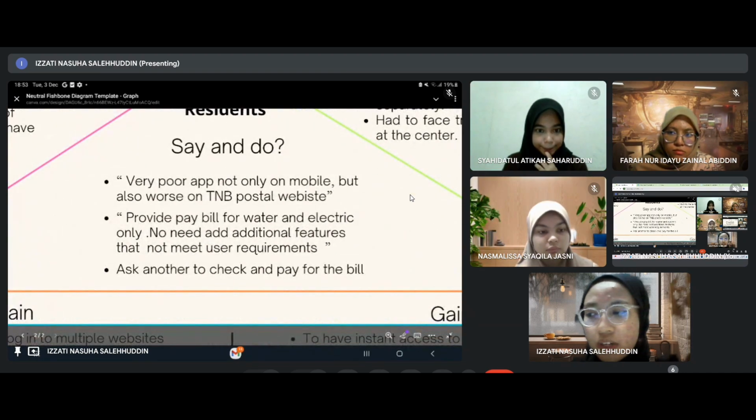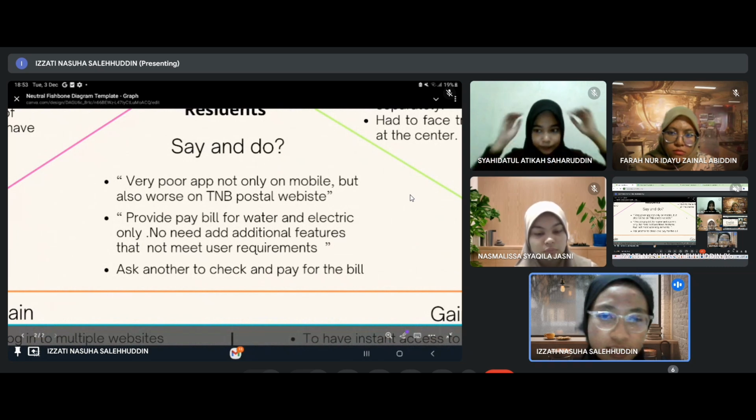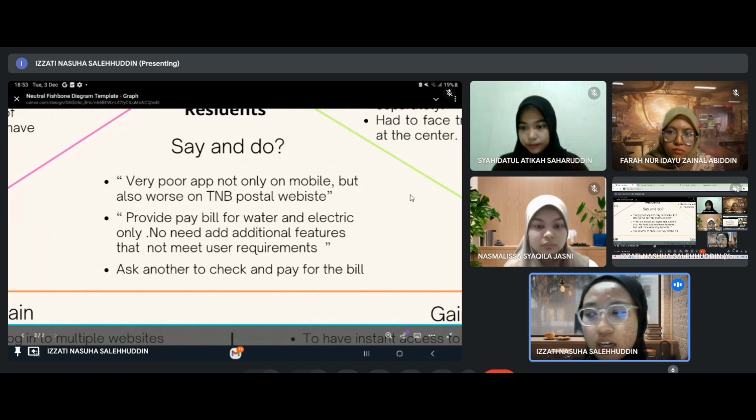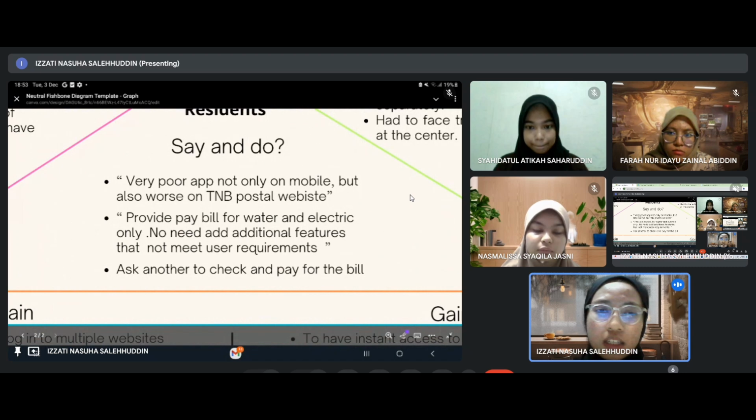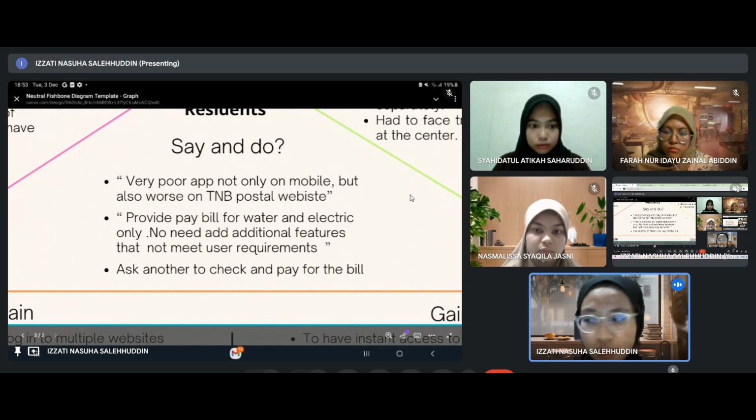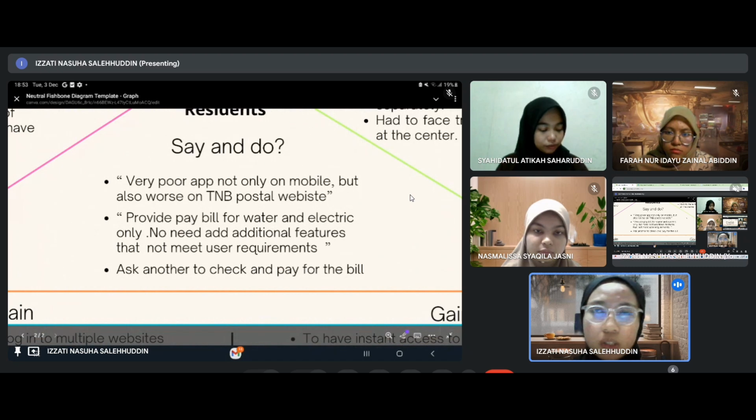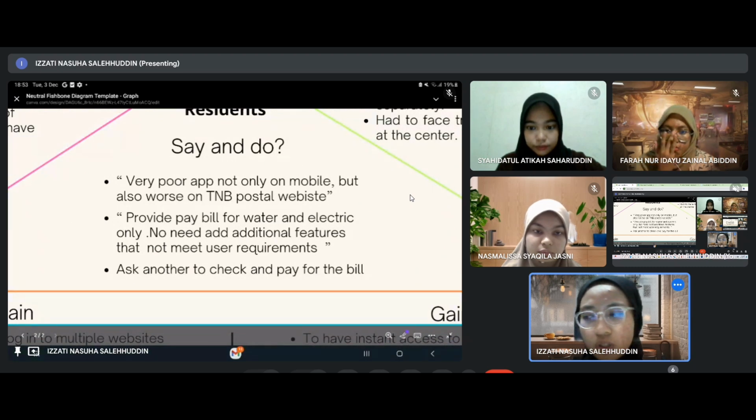The next point is what residents said and do. They have said that the website and the app are very poor, not only on mobile but also on the web portal website. One resident said this app should only provide bill payment for water and electric only.